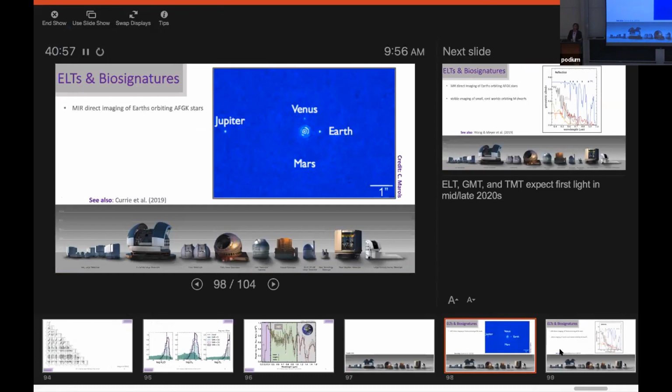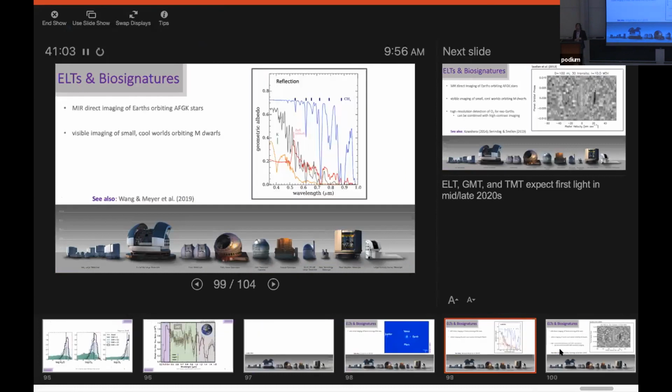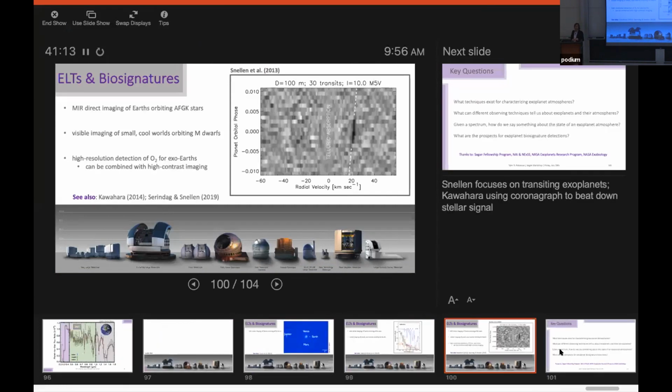And so this would be around 10 microns. There's an ozone absorption feature, 9.7 microns. So maybe they could detect ozone in these exoplanet atmospheres. They could be doing direct imaging of exo-Earths in the habitable zones of cool stars, again, going after biosignature, spectra and biosignature gases. And then something that is really going to be powerful for the ELTs is going to be